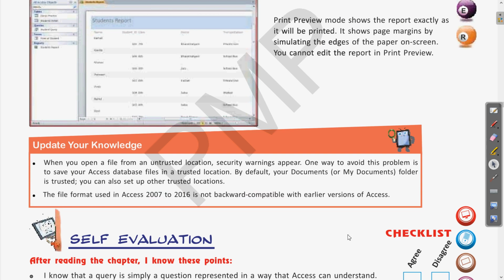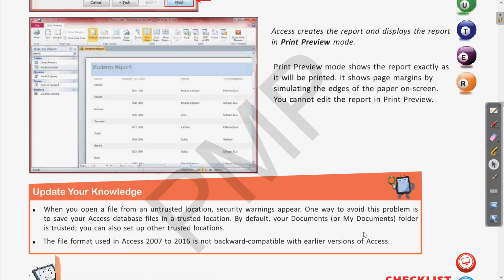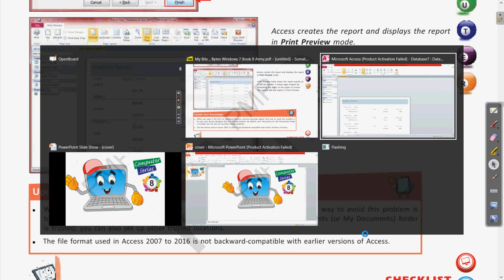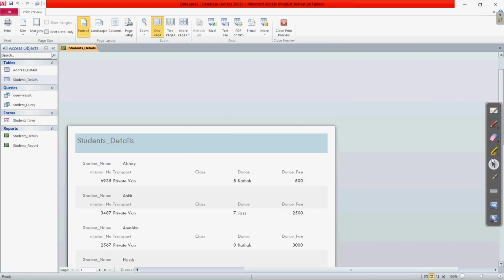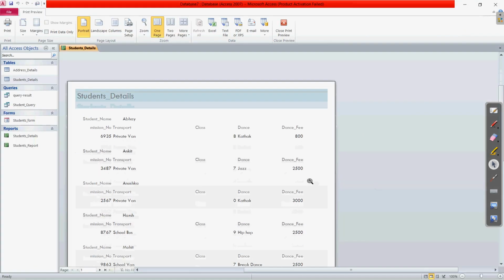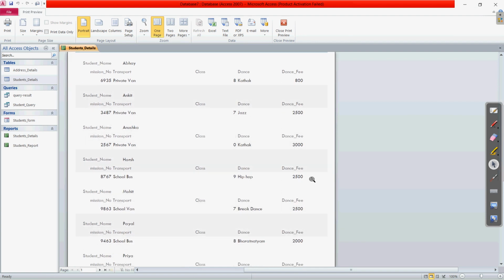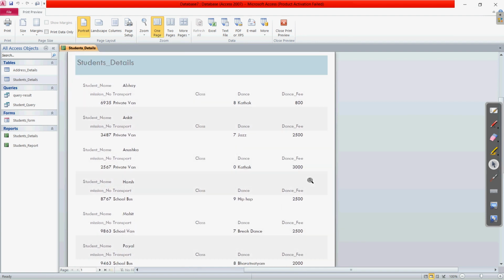Now we have completed the explanation. So let me come once again to this print preview area. Here you can see the preview which we have generated.